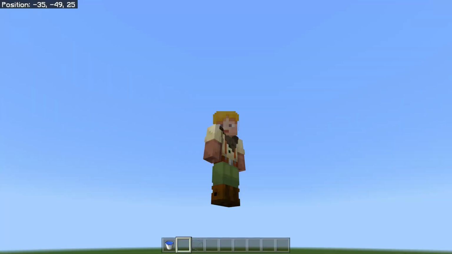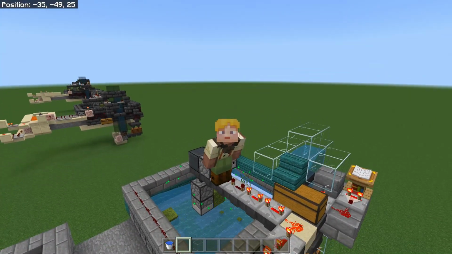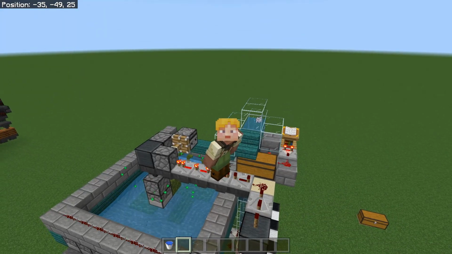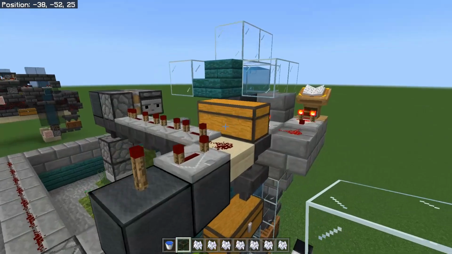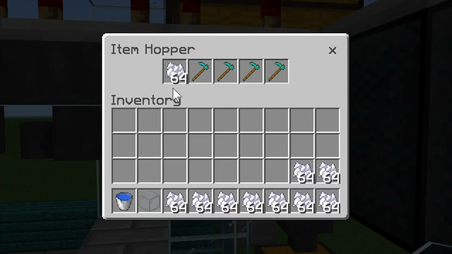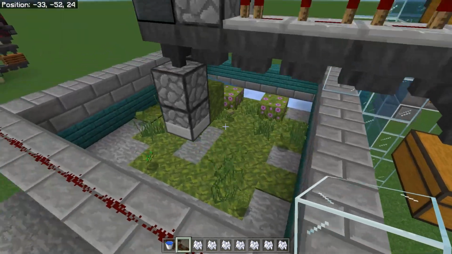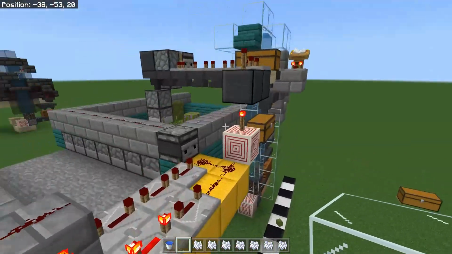Okay, so now real quick, I'm going to fill this up with bone meal and show you the chest right there behind me and what I mean by it being the reservoir. Okay, I've gone ahead and I filled this up half full. All of these hoppers here are now full with the extra non-stackable items in them. They do not have to be diamond hose, but if we turn this on now